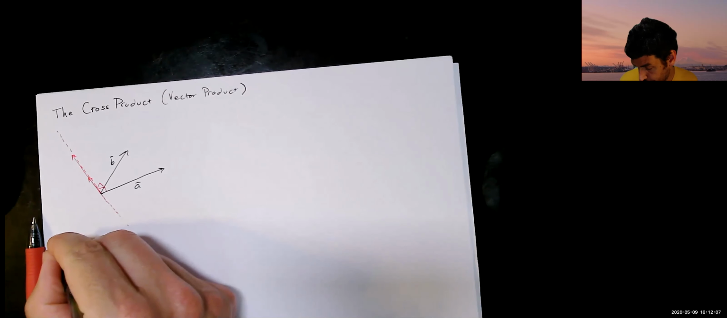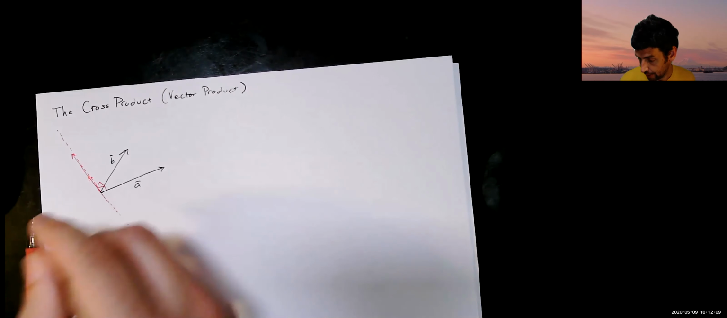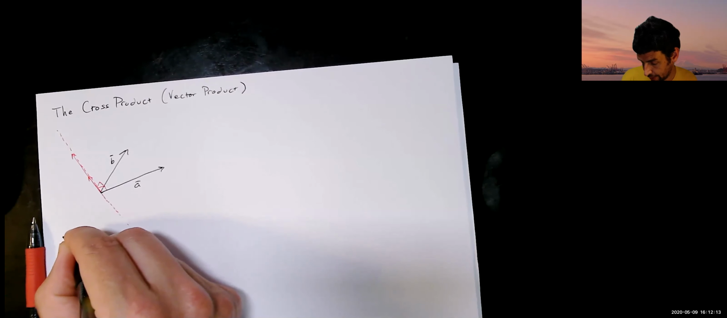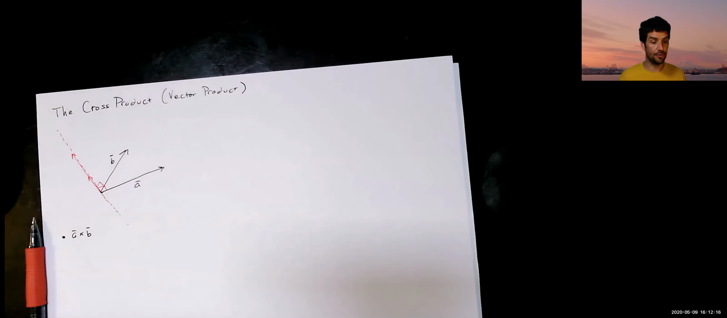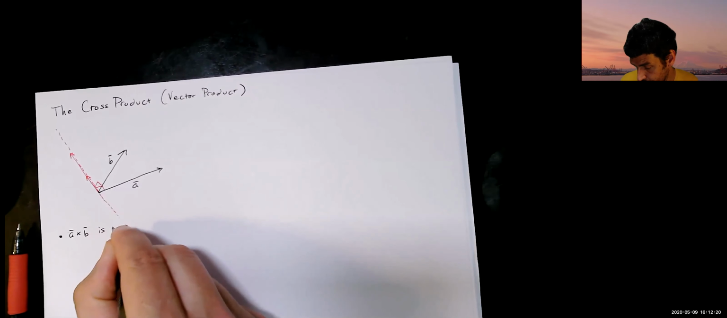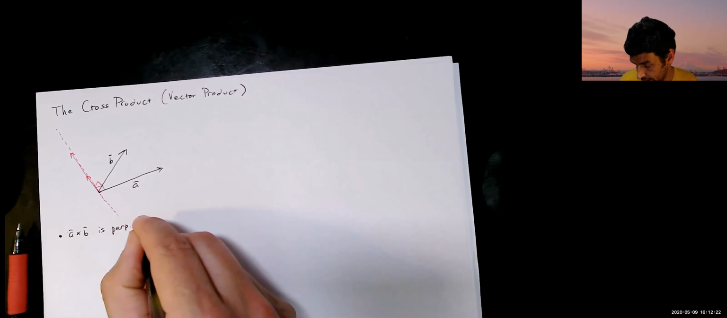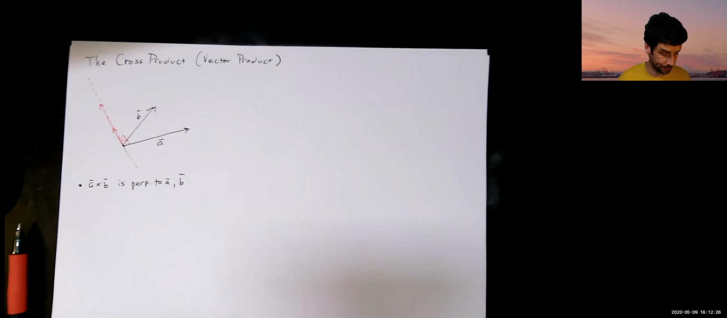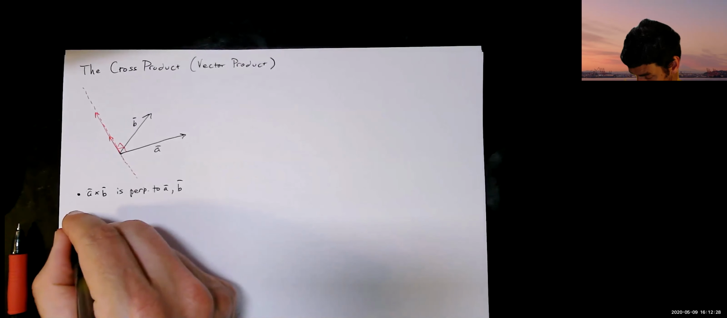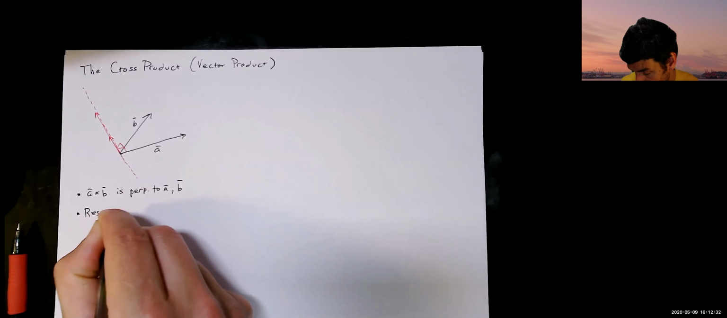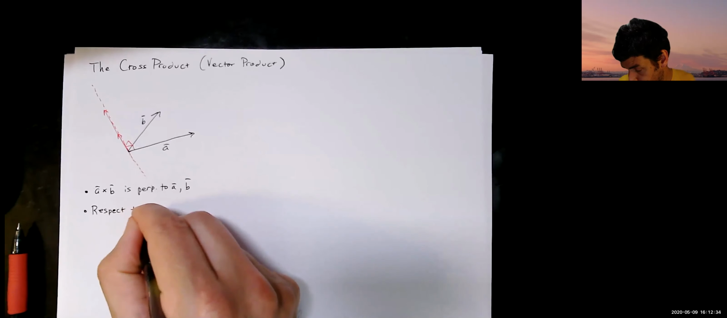So far I've said, let's say this, I'll write the symbol. That's our symbol for A cross B. And I'll say it is perpendicular to A and B. That's one condition we want. I want it to, I'll just write, respect the right-hand rule,